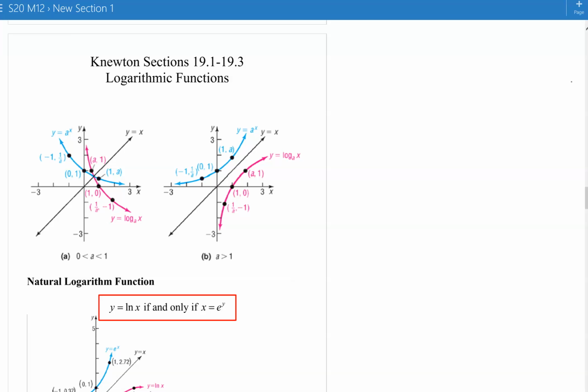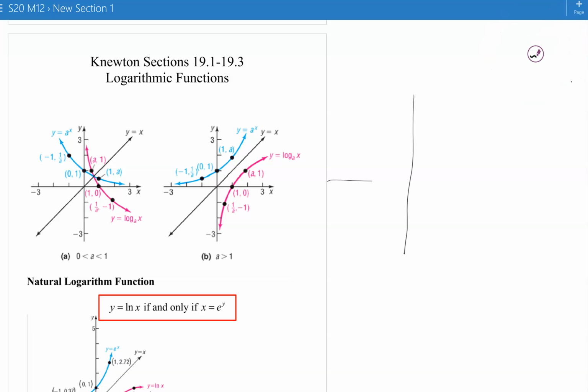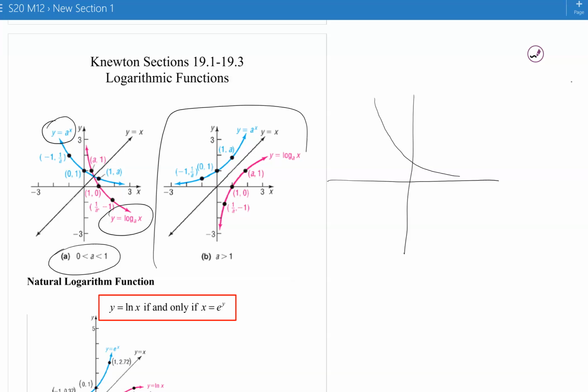So we also looked at exponential functions where the base was between 0 and 1, and we noticed that they were decreasing. So if you have a base that's between 0 and 1 and you have a decreasing exponential function, then your logarithmic function still is a reflection across the line y equals x, so it's going to look quite different. And then this is the graph we looked at previously with a base that was bigger than 1.